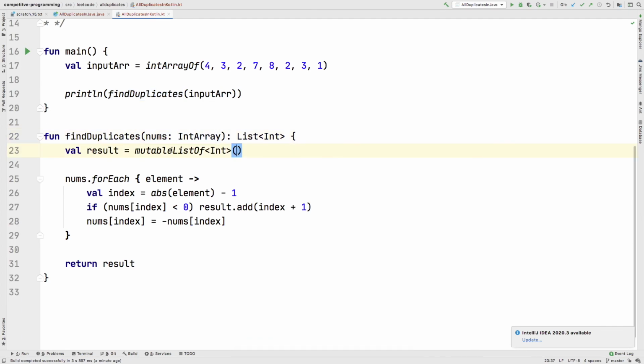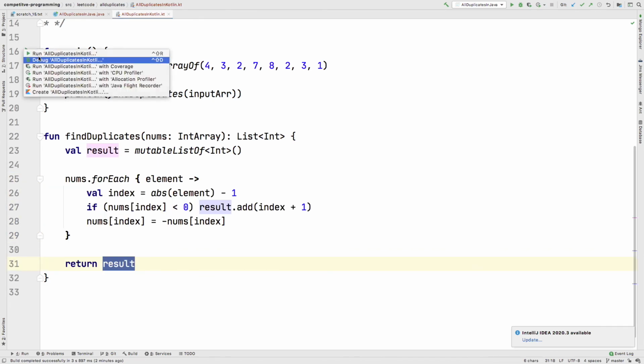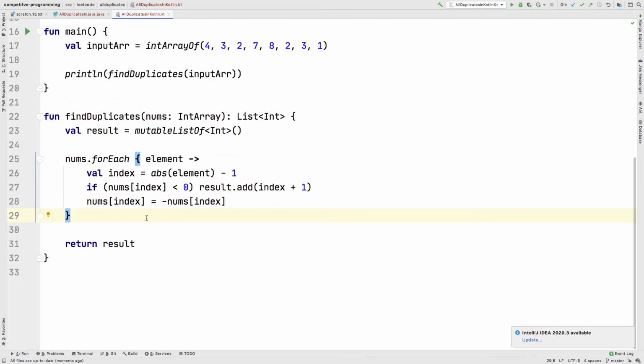Here inside this method I have created a mutable list where I'll be keeping all the results, and then I'm iterating through this array where I'm calculating the index just by taking the absolute value of each element and subtracting 1, and then I'm checking if the value at this index is less than 0, then I'm simply adding this to my resultant list, and then I'm marking the element at this index with a negative sign. Okay, and after the end of this iteration you will simply get your resultant list, right? So if you run this, you'll get a similar output, 2 and 3. So I hope the code is clear to you.